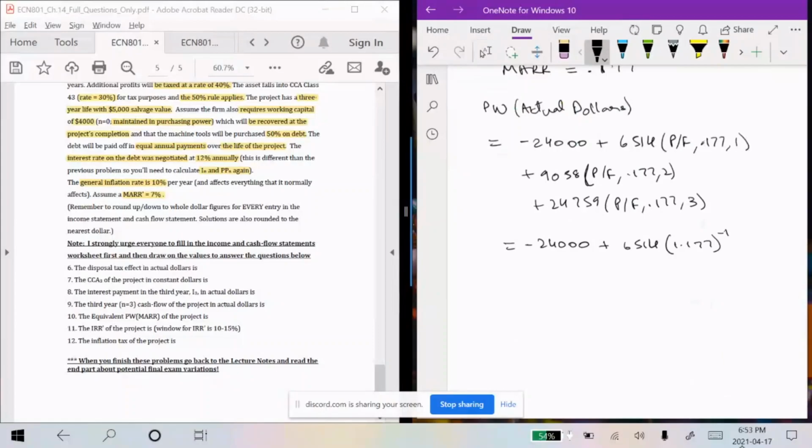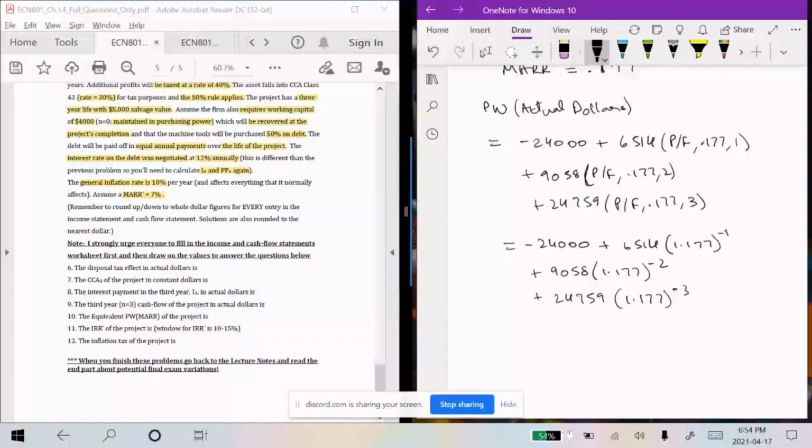1.177 raised to the power minus 1 plus 9058, 1.177 raised to the power minus 2 plus 24,759, 1.177 raised to the power minus 3. You plug this in: minus 24,000 plus 6514 into